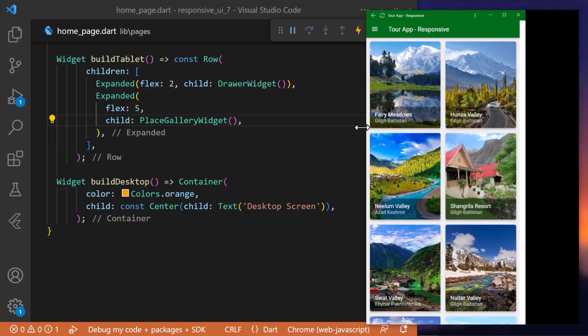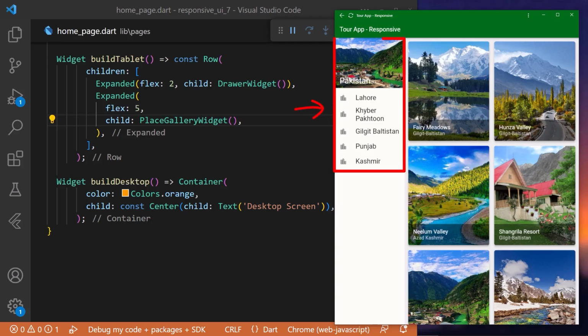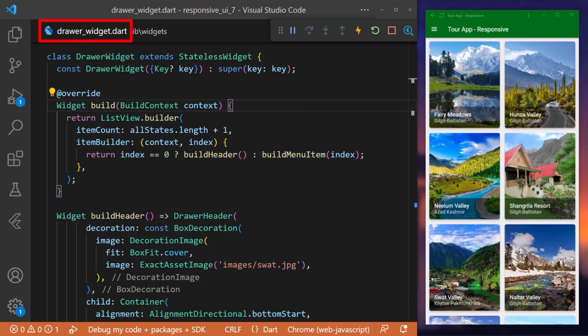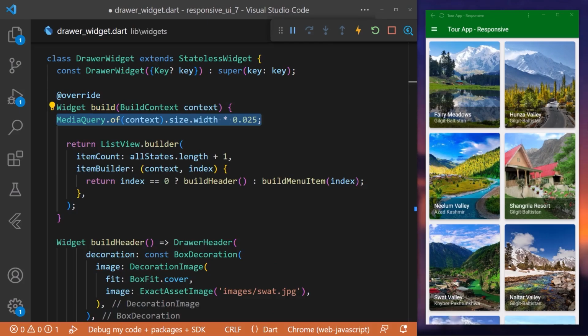Now let's see which text needs to be responsive when the layout changes from a mobile to a tablet. So first of all, we want to resize the text of a drawer when the layout changes. Therefore, going to the drawer widget, within the build method, first of all, we will access the width of a screen using the MediaQuery.of(context).size.width